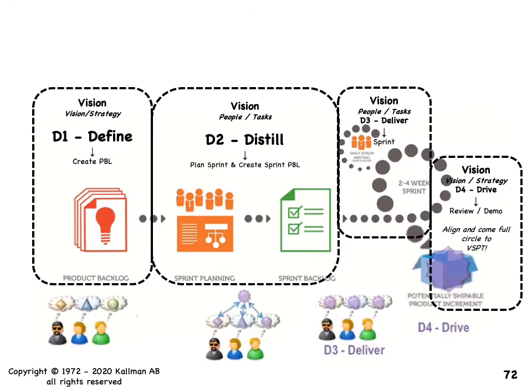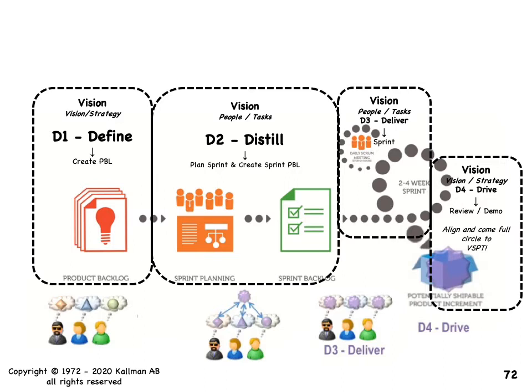So this is what it looks like end to end, where you have your definitions, where you've got the product owner, Scrum Master, and the developer on the team all thinking different things, even though they might be using the exact same words. And they're looking at that and they're thinking, oh my, okay, well, let's put it in the backlog. And then through the iterative sprint planning, sprint after sprint after sprint, as those sprint backlogs are created and everybody starts agreeing, so they've distilled agreement, when they are agreeing on what it is that they're going to deliver, when they go to delivery, okay, D3, deliver, in those sprints, in those daily work that they're doing down at the people task level,